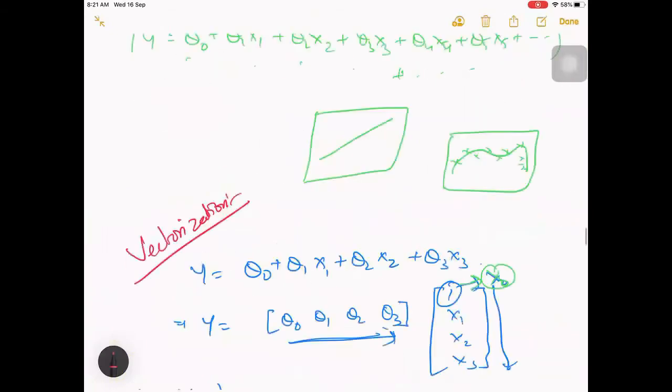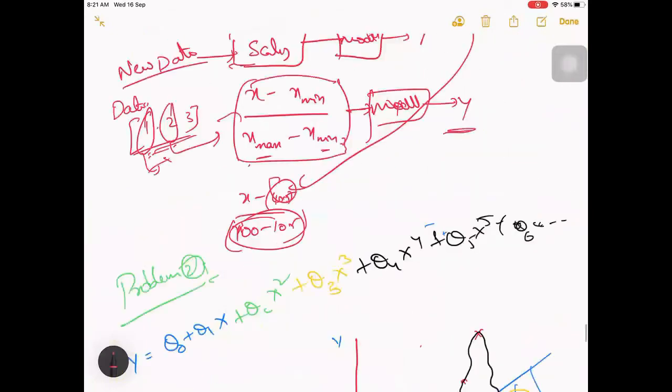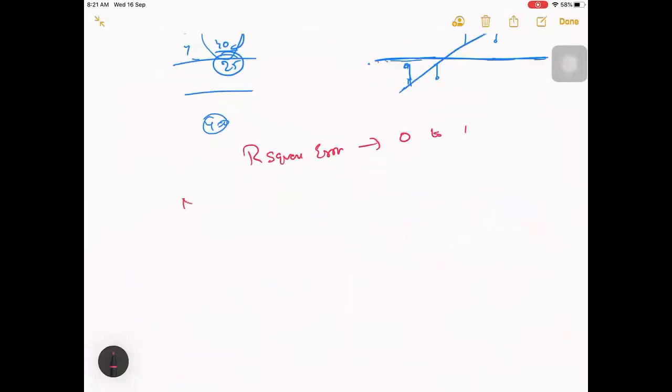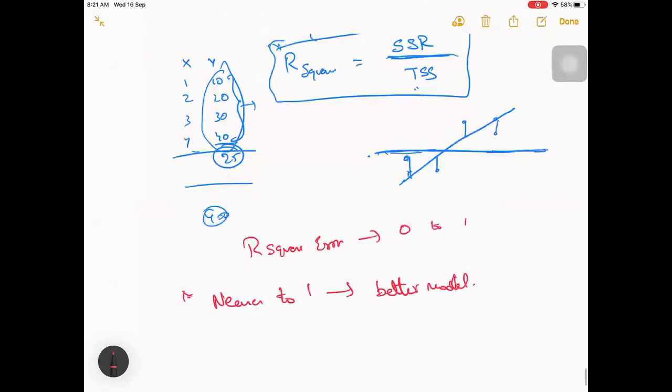In case you have a value nearer to 1, that is a better model. We can take a value nearer to 1 as the best model.